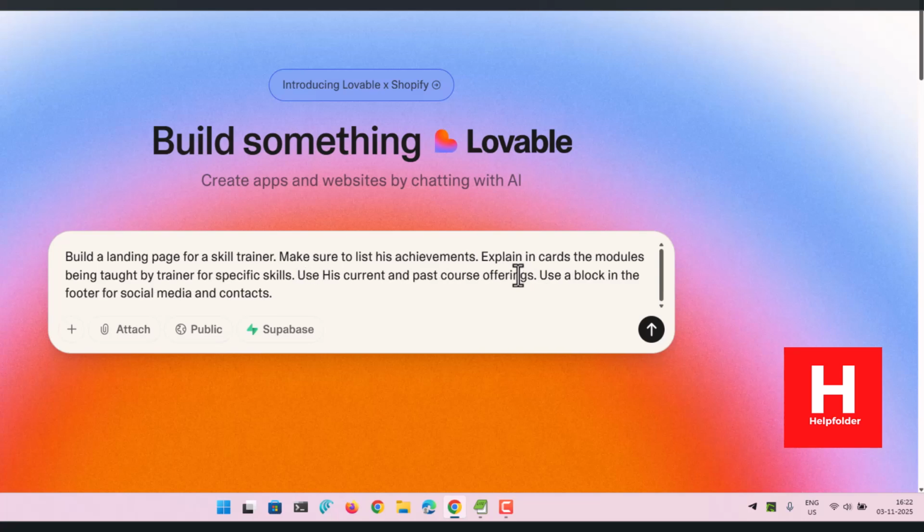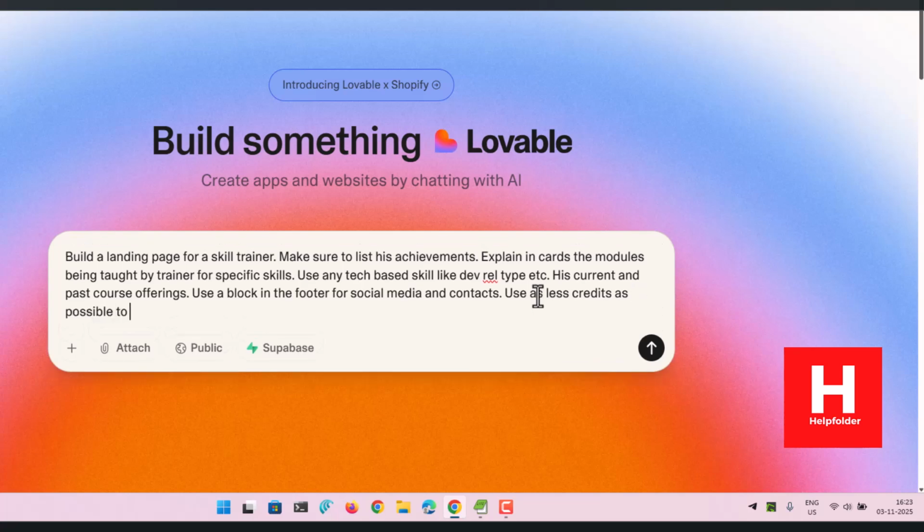Let's say this particular trainer is into tech-based skills. Use any tech-based skill, like say DevRel, or maybe connection with community type of skills, etc. Right? So what we'll do is we'll basically ask it to use as few credits as possible to build